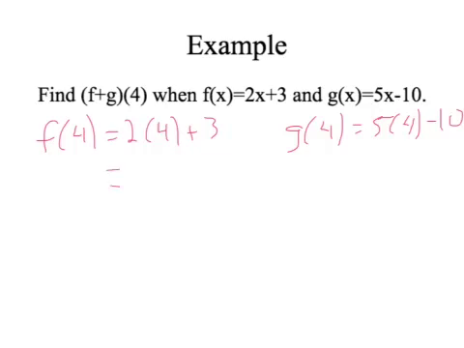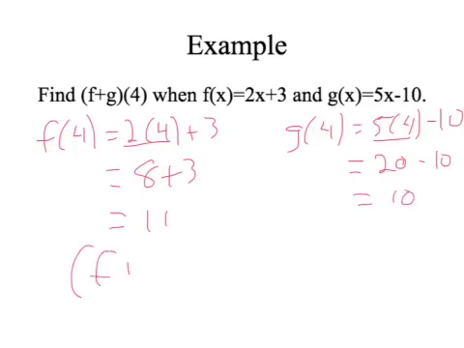So for f of 4, I'll do 2 times 4 is 8. 8 plus 3 is 11. For g of 4, first I'm going to do 5 times 4, which is 20. 20 minus 10, then would be 10. Then to find f plus g